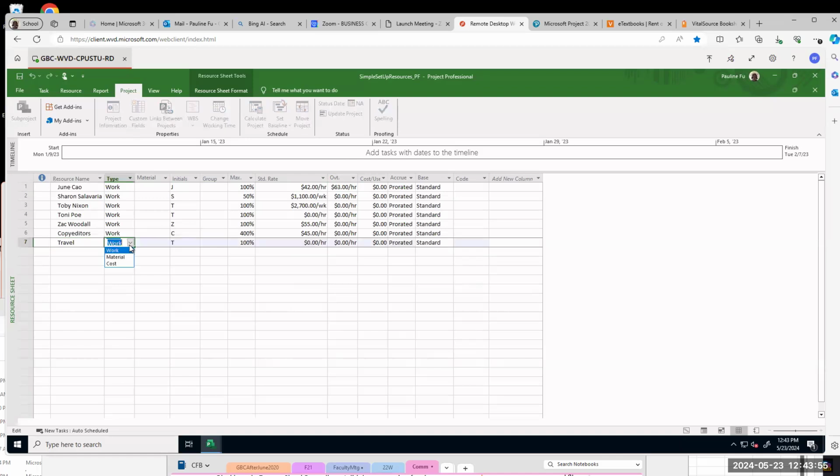Travel is a cost. By the way, in test 1 or test 2, it is multiple choice questions. Although it is multiple choice questions, you are given the pictures, for example, this one, okay? And you are asked questions, for example, what are the types for resources? The answer is work, material, cost. Those are different types of resources. So for now, travel, you select cost.